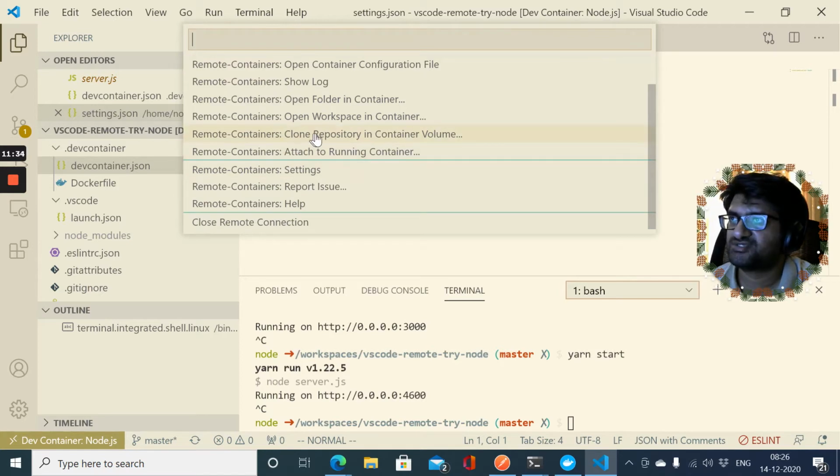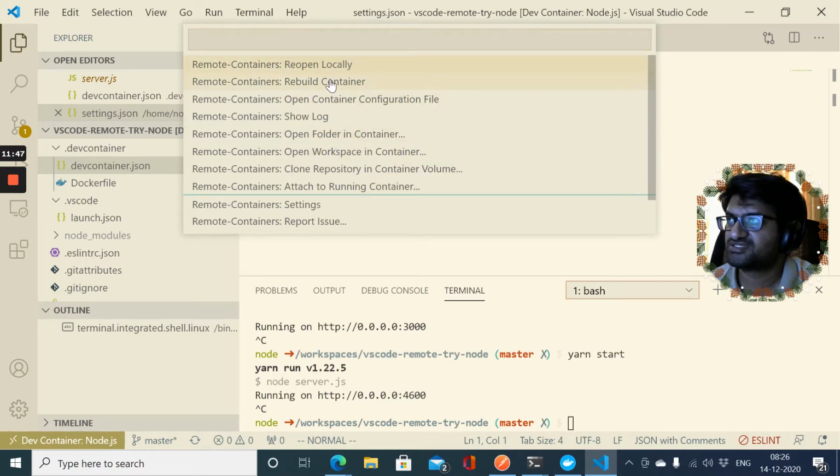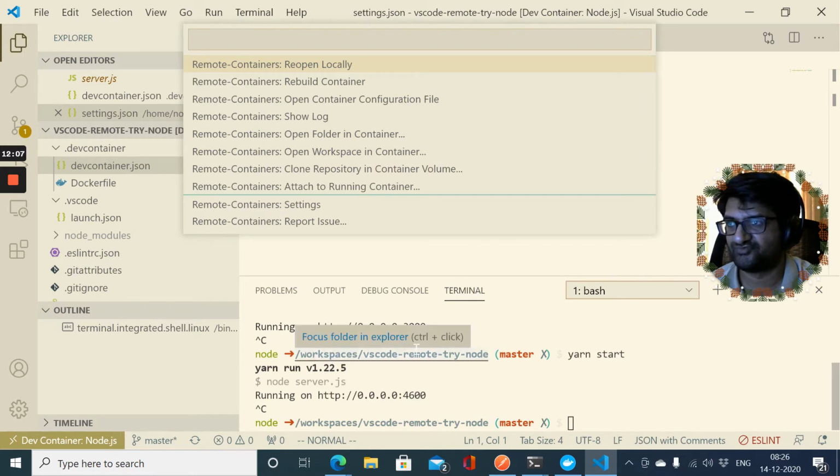So what happens is you can actually clone an entire repository in a container volume. When you click on this dev container here, you'll come up with a bunch of links on remote container. When they say remote container, they're basically referring to something which is outside the Visual Studio Code process. I think by now, by default, it's referring to something on your own machine. It could potentially be on Azure one day, but today it's running on my own machine. So this container of Debian that you see here is running on this machine.